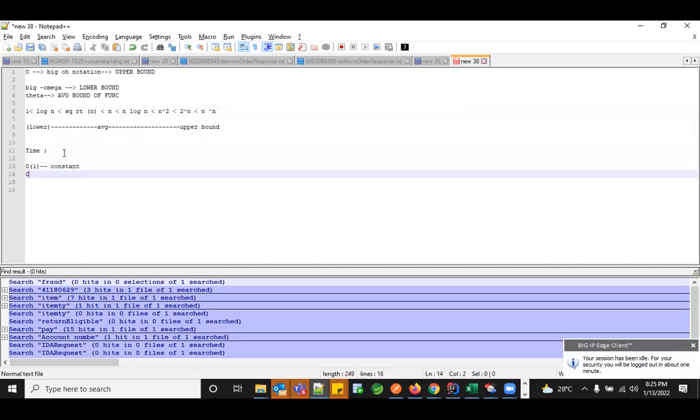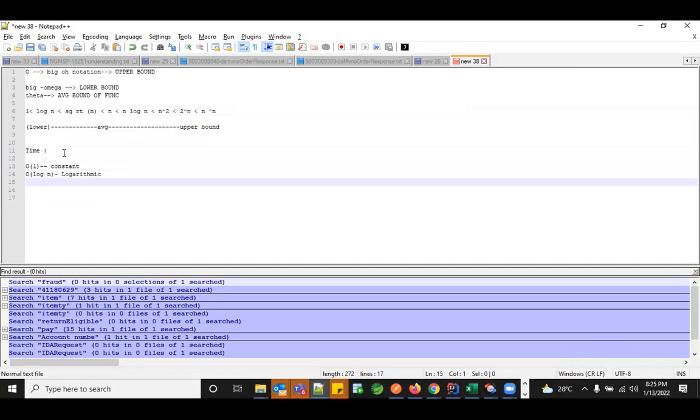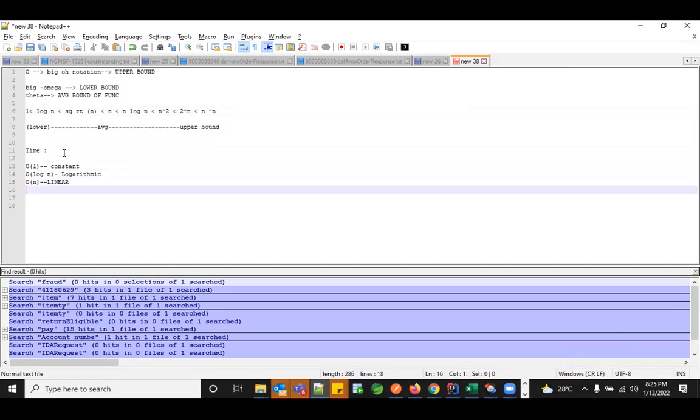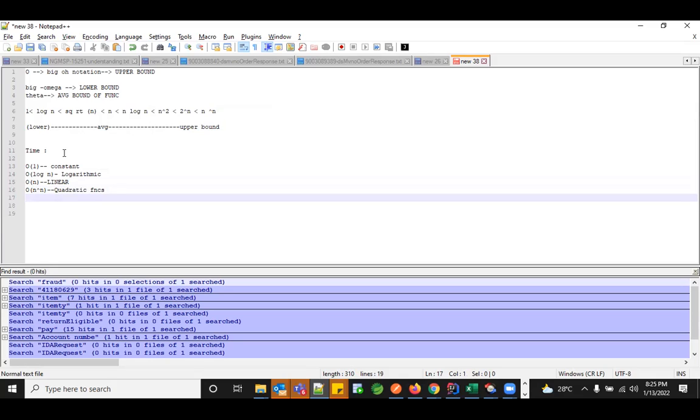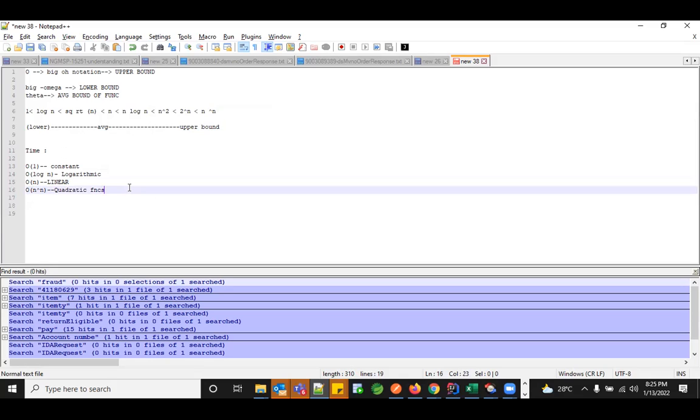O of log n would be the logarithmic functions, and O of n would be your linear function, and O of n squared would be your quadratic functions. And n power n can also end up with exponential functions too, based on the values you get.